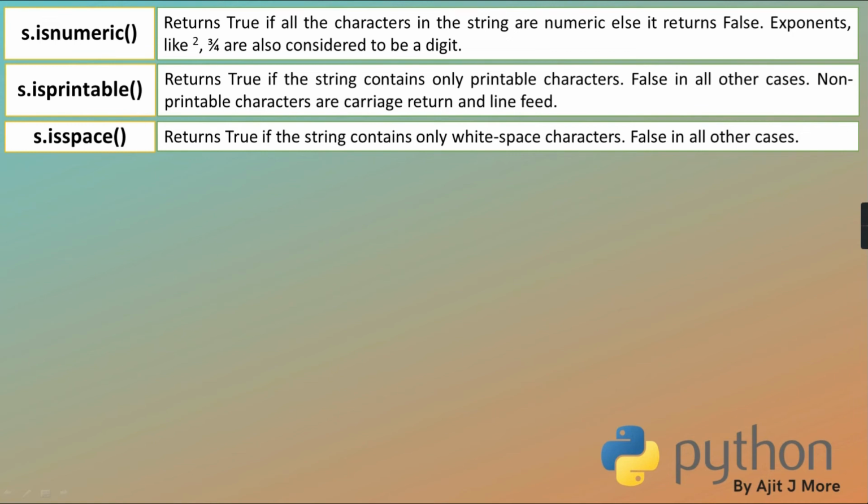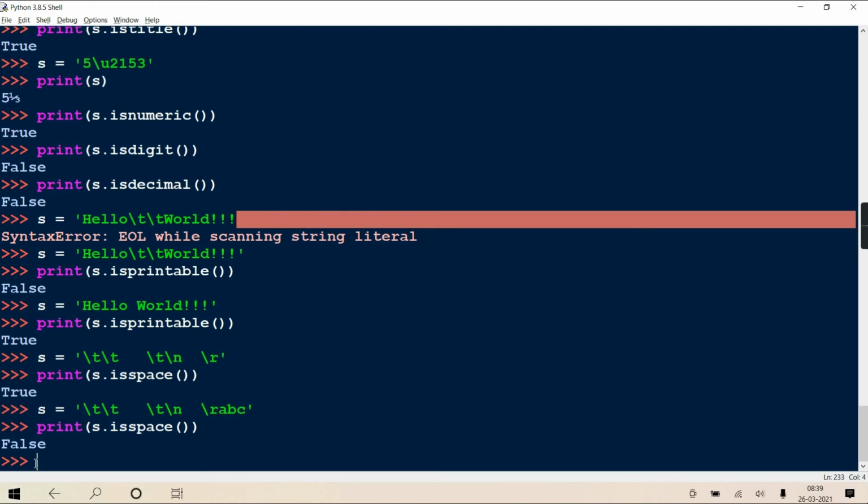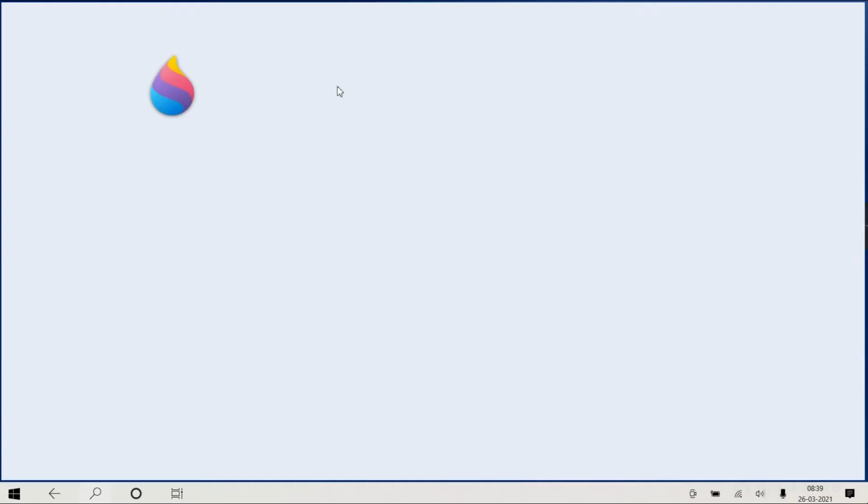Decimal, digit and numeric. Now coming to some other functions, three functions at a time I'm going to tell you: ljust, rjust and center. These functions do padding in your string, meaning filling your string with some characters. First I'll explain their behavior, and then we will discuss on the slides.